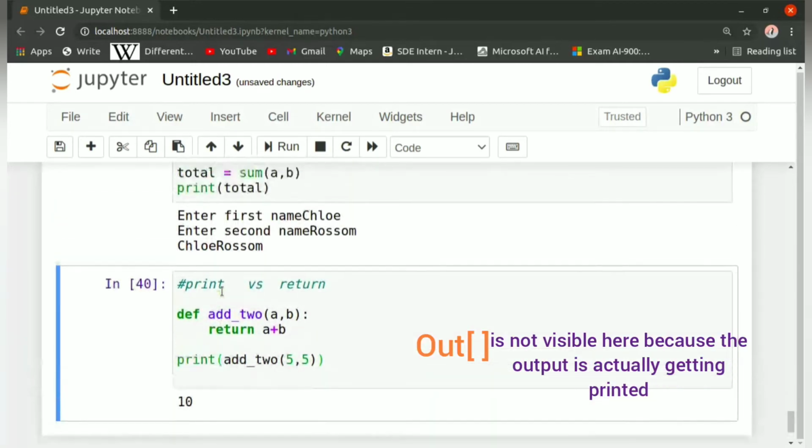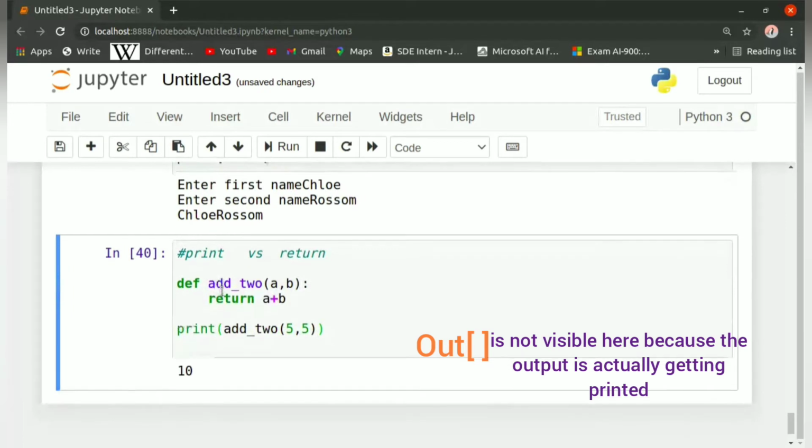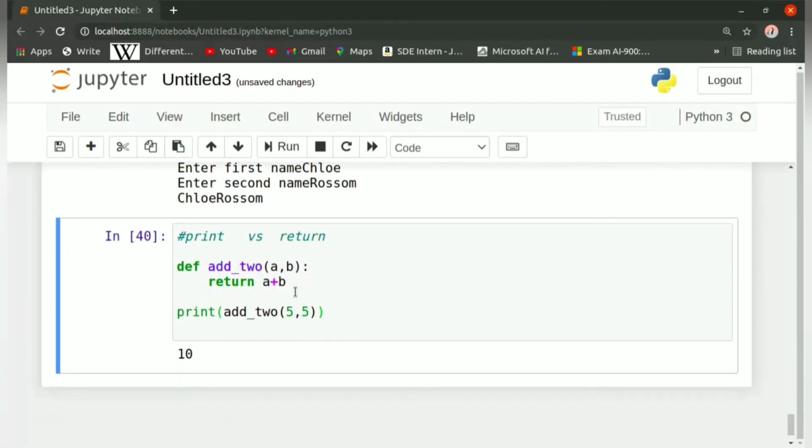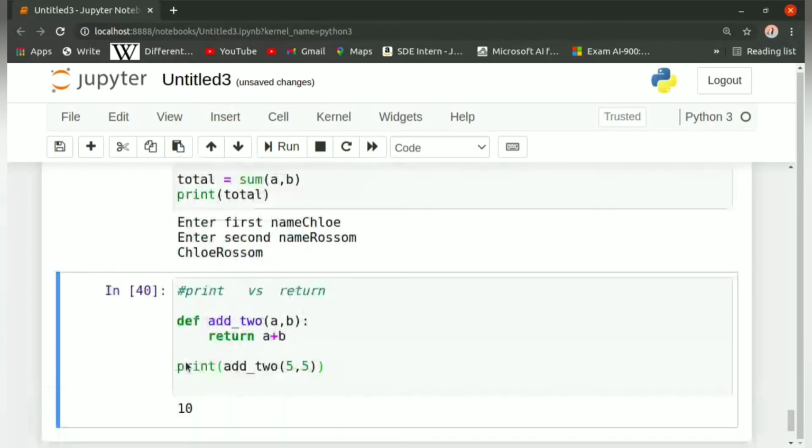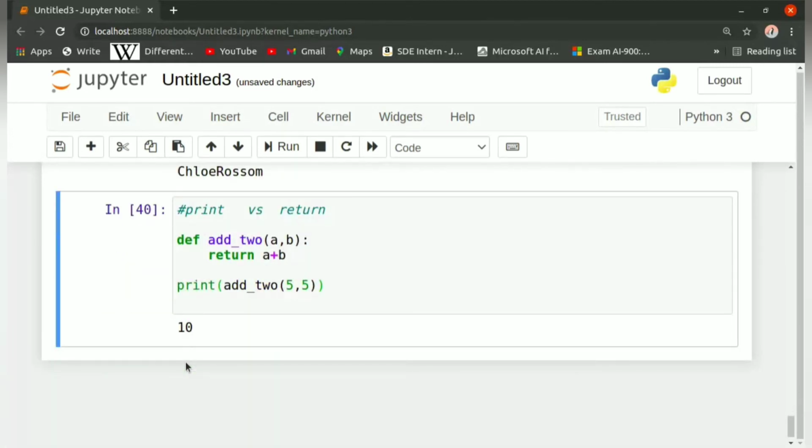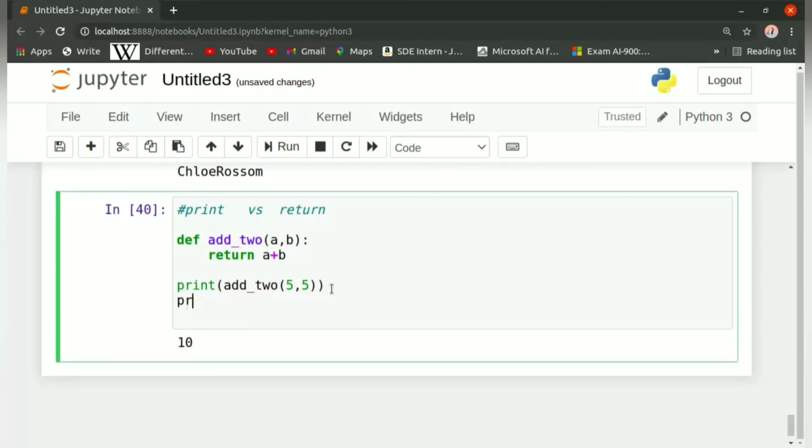Now it is not necessary to use return after defining a function. In our case, we can use print instead of writing return, so it will print the value. In the previous case, it was just returning the value and not showing us on the screen, but this print function will allow us to see the value on the screen.